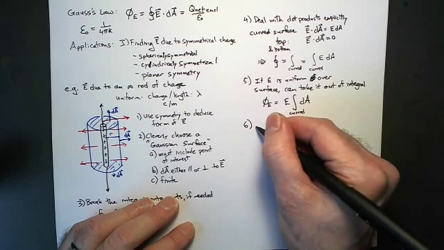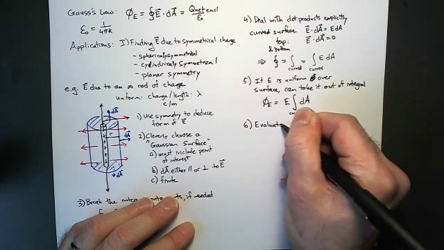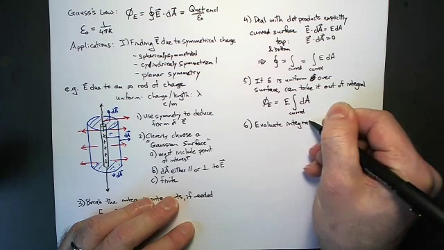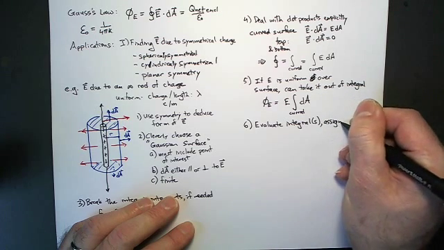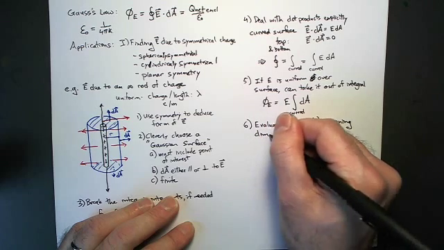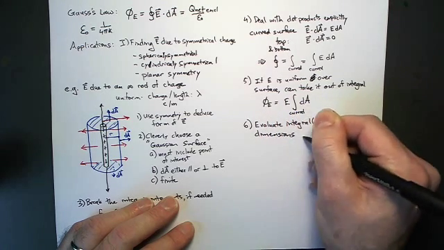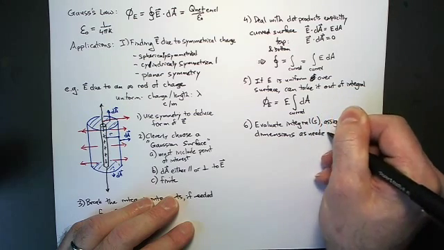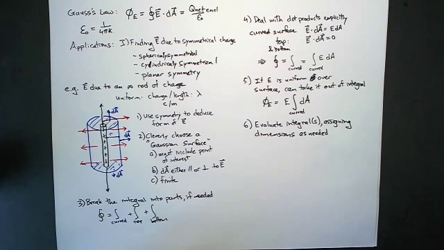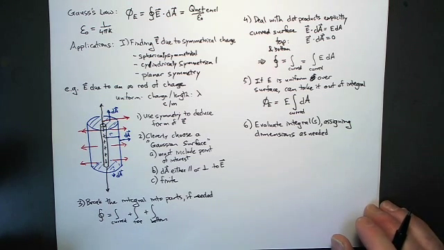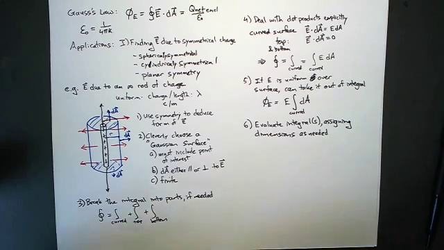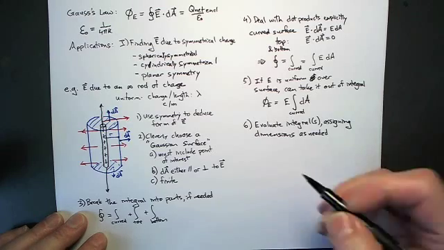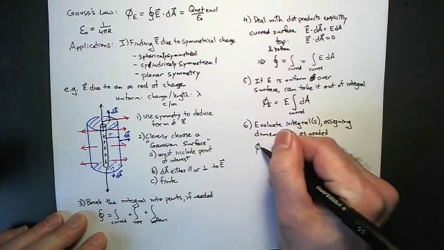Step 6 is to evaluate your integral, or perhaps there may be more than one in some case, so integral or integrals, assigning dimensions as needed. So this is something that you're probably not used to doing, but often when you're working a problem, you might need to make up a symbol for something that would be helpful for you, and then perhaps you can figure out what that is later on, the thing that you made the symbol up for. In this case, in order to evaluate this integral, we know that phi sub E is